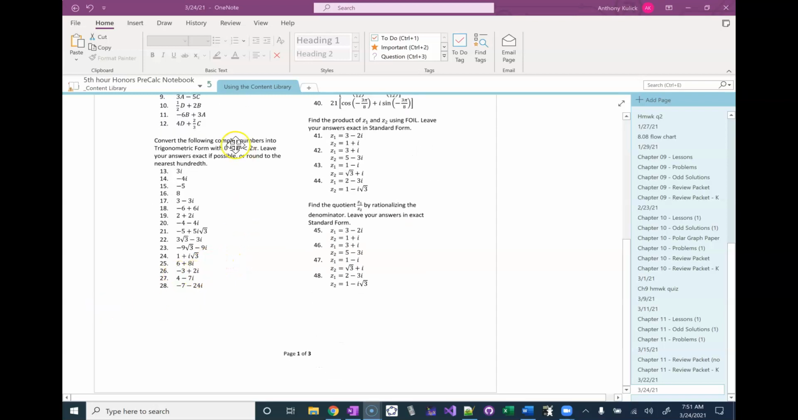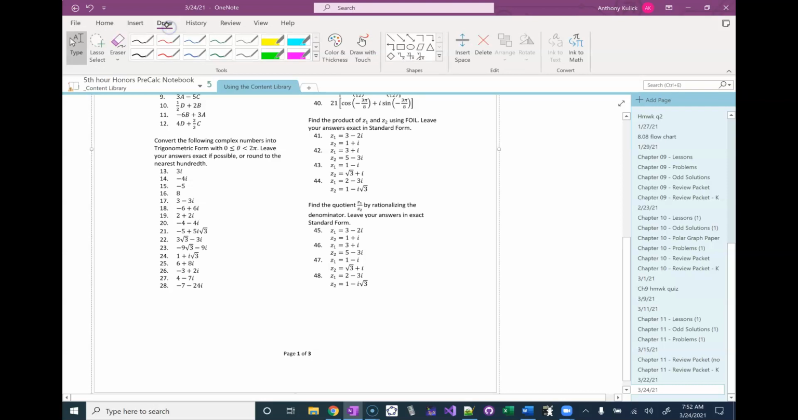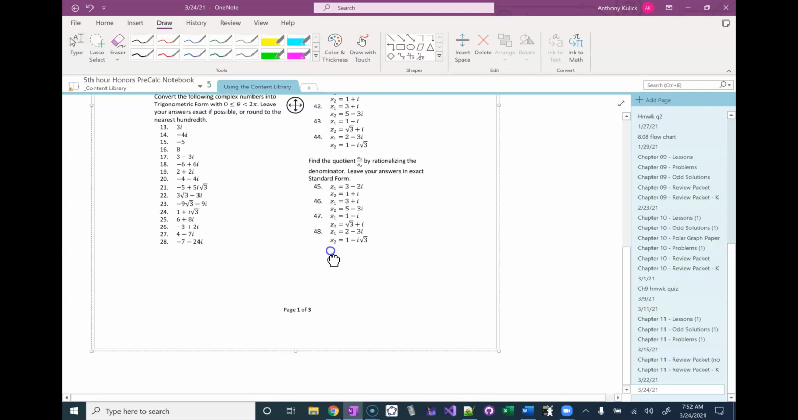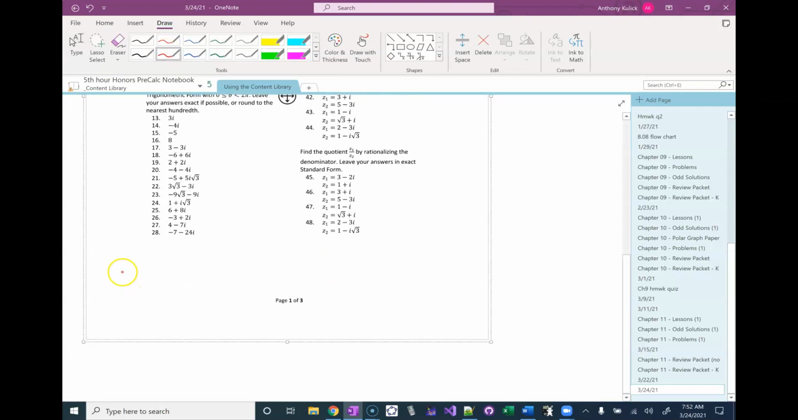Okay. So it says convert the following complex numbers into trigonometric form, where our theta is between 0 and 2 pi. Leave your answers exact if possible, or round to the nearest hundredth. So for number 21, to get it into trigonometric form, basically I need to find r and theta. So r is easy, right? That's just going to be